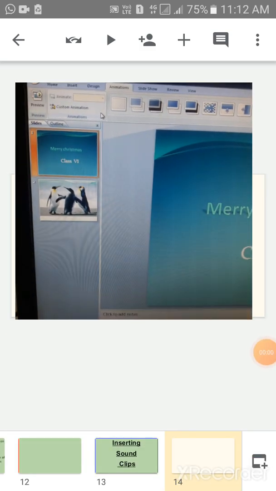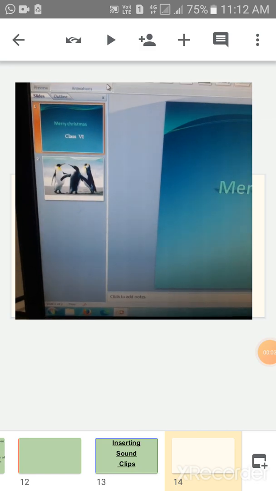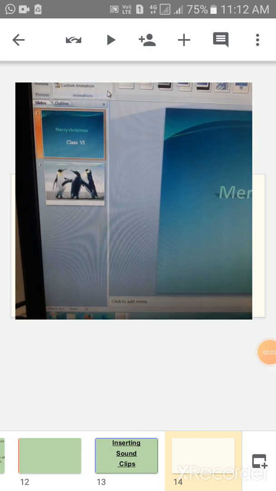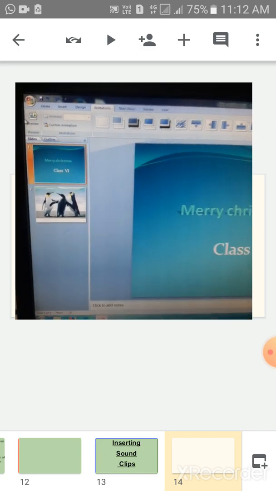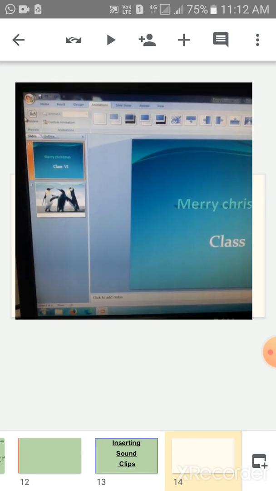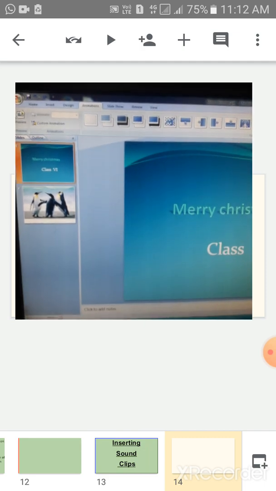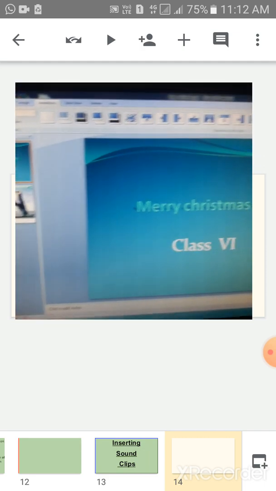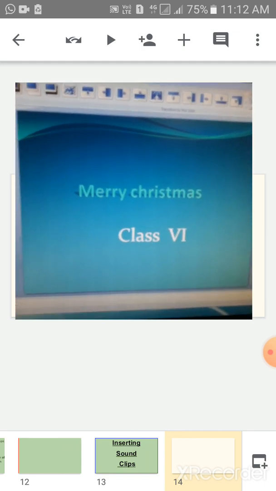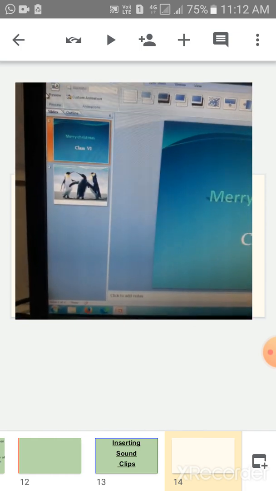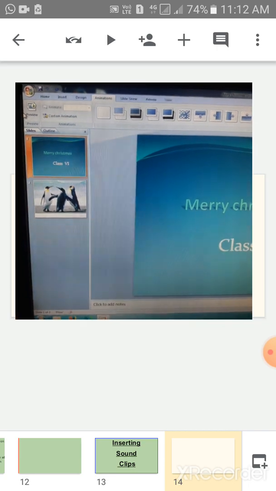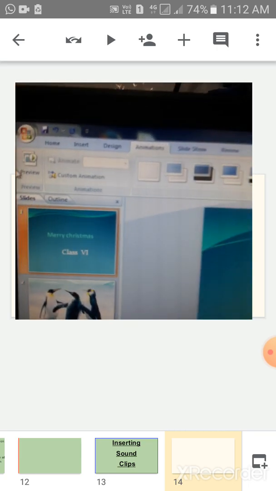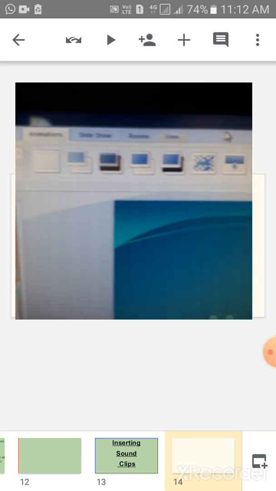Now children, transitions are used to add visual effects to the slide. Children, you can see on the screen, this is the screen of PowerPoint 2007. First of all, open any presentation. Suppose I have opened this presentation. Now select any slide, click on the animation tab. Children, look at the screen. Many menus and options are there.